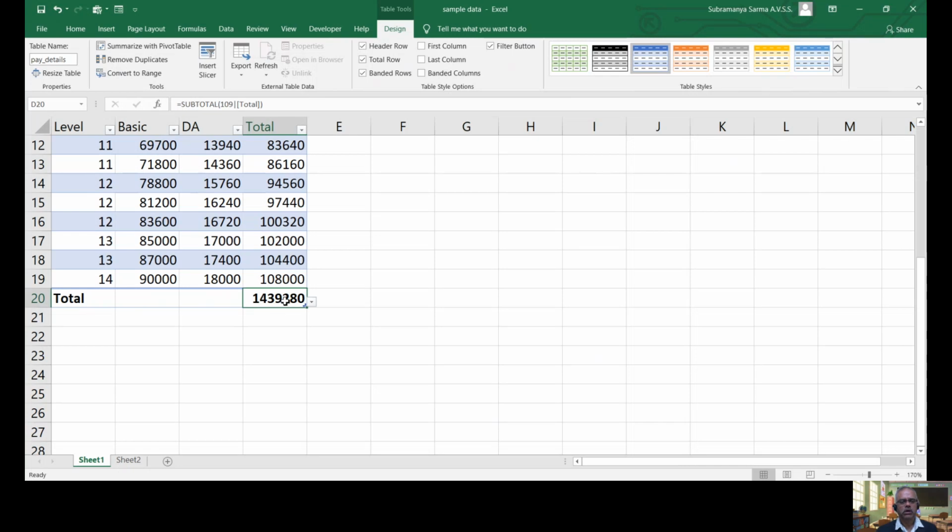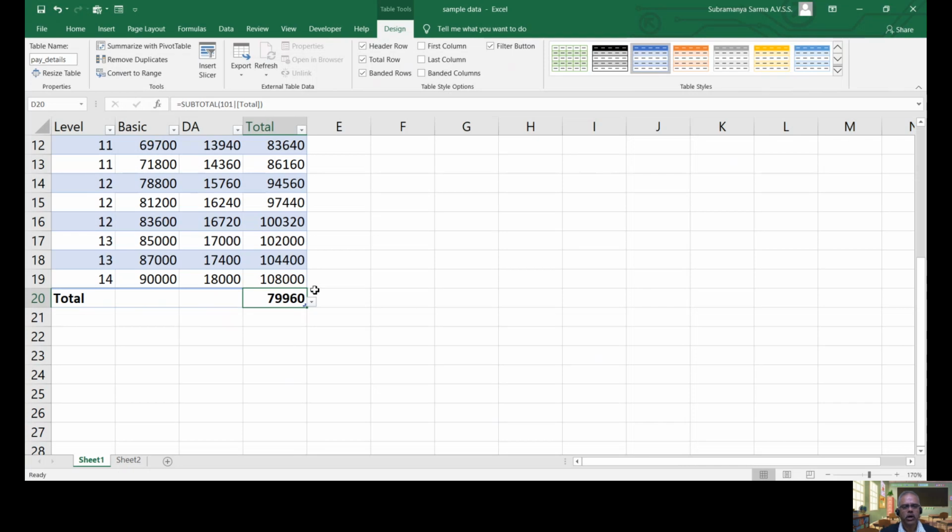You may ask whether this can be achieved some other way, but there are so many additional advantages with this total row. Let us see. Once you click on this total row cell, you see one button appearing here. If you click this, it gives me so many built-in functions. These are all built-in functions of Excel, which are frequently used on any number field, or any field rather. Suppose I want to know the average basic pay. If I click on average, it will work out the average.